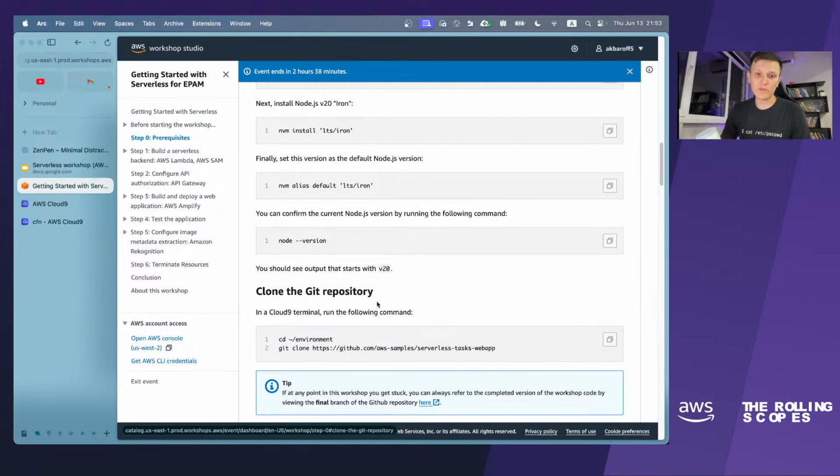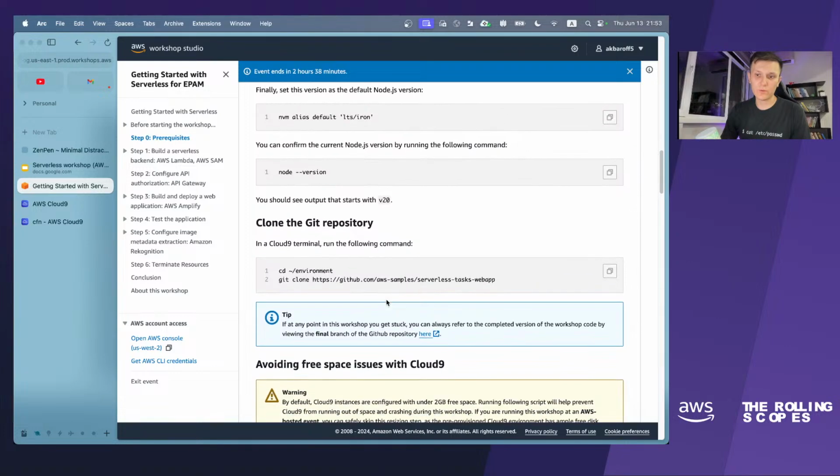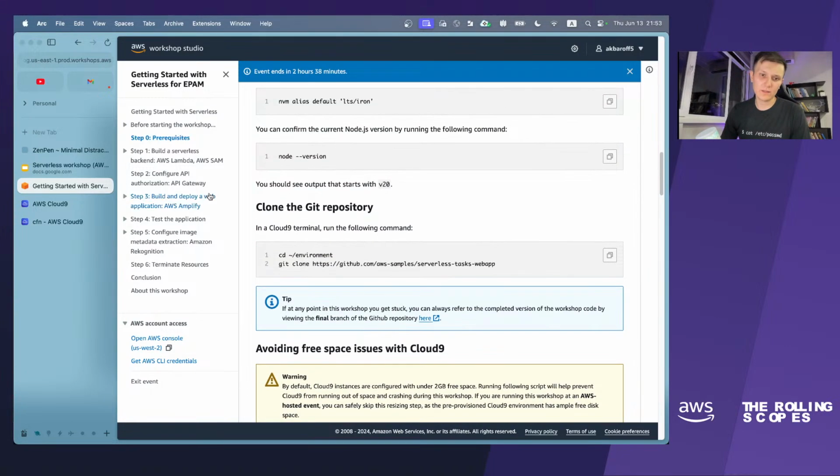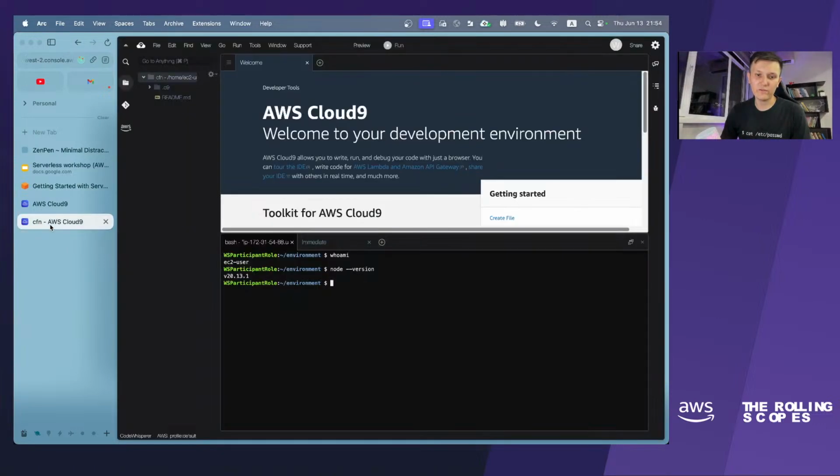So let's go to the very last instruction. Oh, it's not the very last. Okay. Anyway, we have a set of commands. The first one is just to change directory to environment. The second one is to clone a Git repository to our Cloud9 environment. So we can check which repository we use.